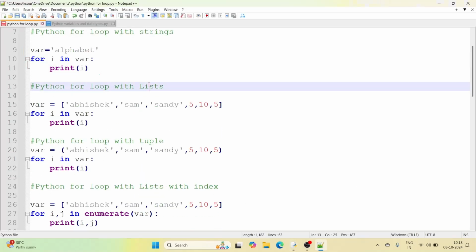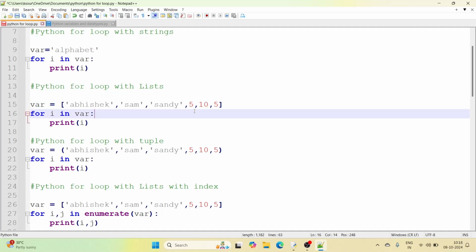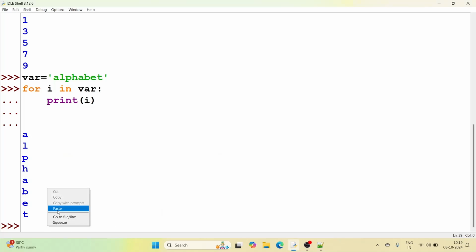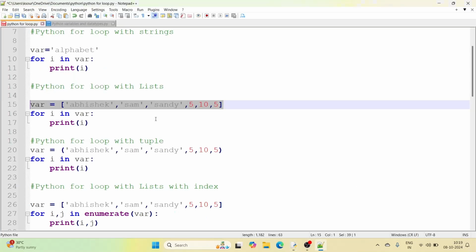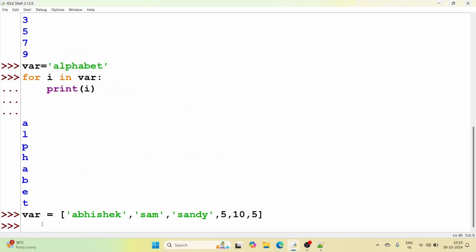Next data type we have is the list. We have already understood lists. A list is kept in square brackets, and it is a sequence of comma separated values. It can be strings as well as numbers. So this is a list. Let me declare this variable and then we'll iterate through it. So the list variable got declared. Let's print our list iterating through a for loop. Let me compile it here.